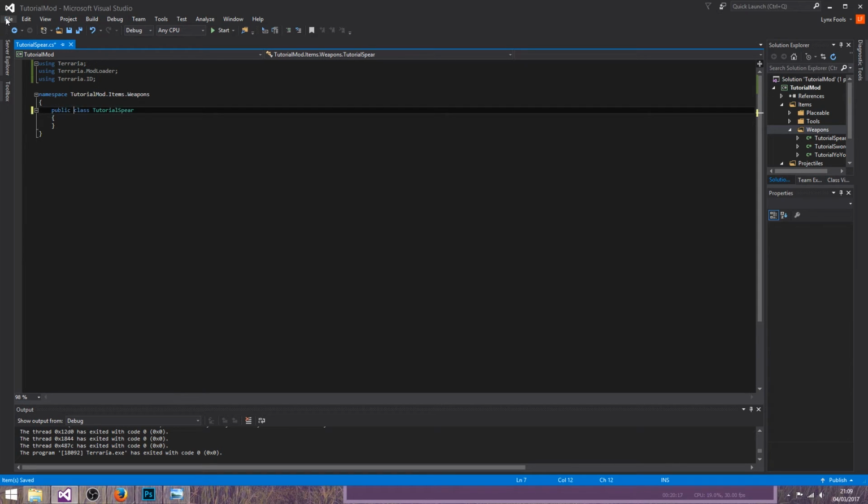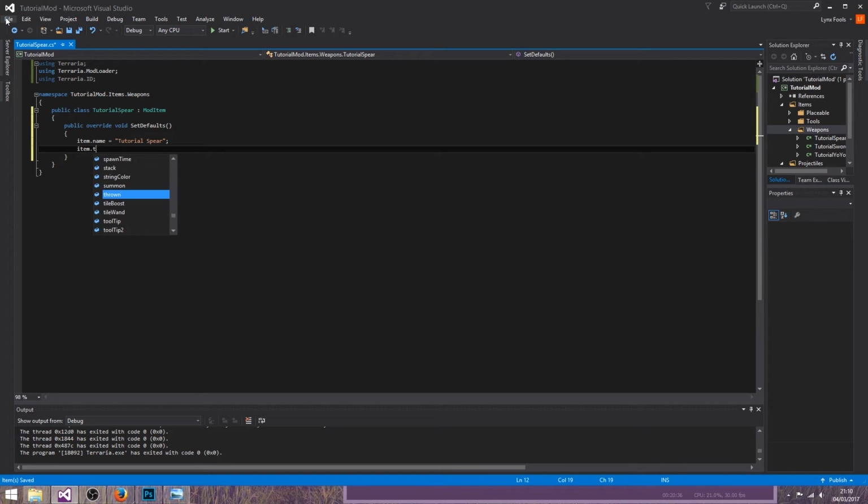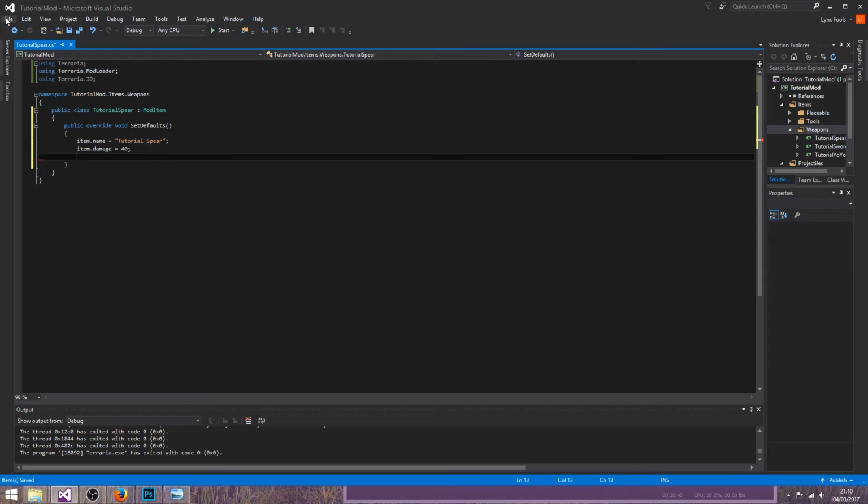Once more, public class, mod item, public override set defaults, then enter the usual stuff, name equals tutorial spear, item.damage equals 40, will make the spear a lot better than the yo-yo, item.useStyle is also 5,